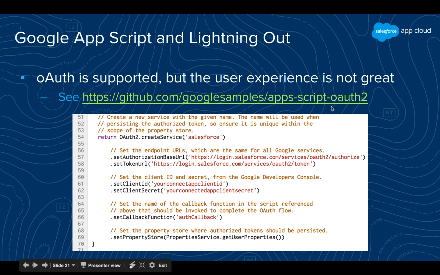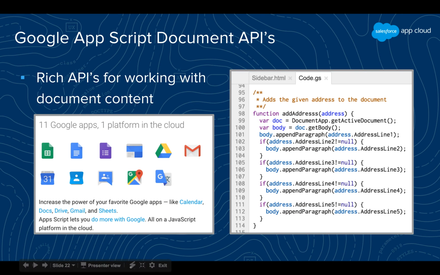Google will perhaps improve on the way that OAuth works in their add-ins framework, but until now there is a Google provided way of doing this, and you can see how I've configured this code to work with Salesforce, which of course supports OAuth in a standard way. Google App Script is actually something that's available in lots of other Google apps as well to explore and understand,